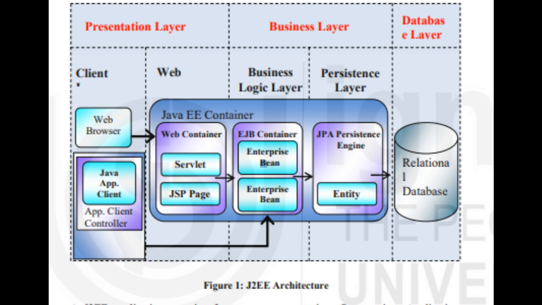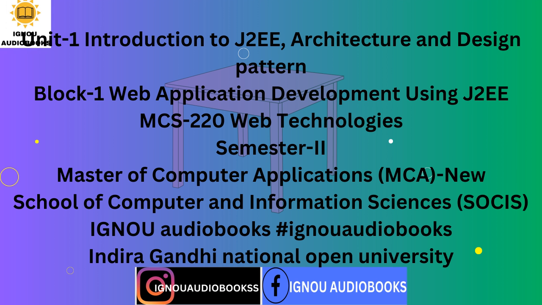The J2EE application model divides applications into three basic parts: components, containers, and connectors. The application developers work on the components part, whereas system vendors are responsible for implementing containers and connectors. Containers act as a mediator between clients and components by providing services like transaction support and resource pooling. Connectors provide bidirectional communication between J2EE components and enterprise systems. Below in Figure 1, you can see the functioning of the J2EE model.